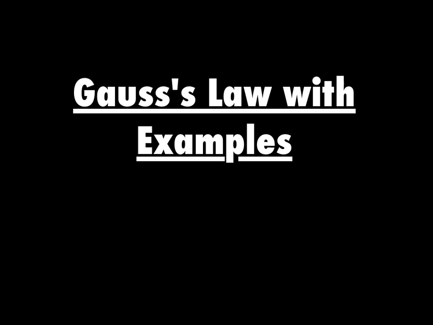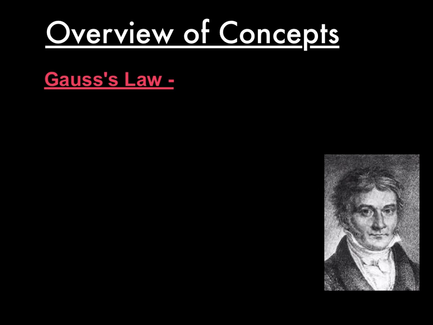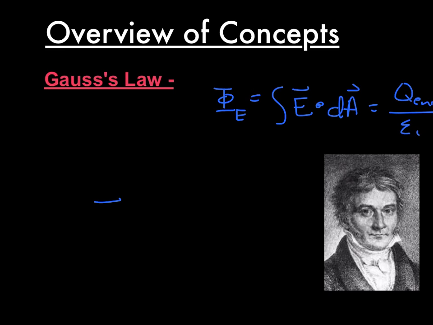We're going to discuss Gauss's law along with some examples of it. Gauss's law was discovered by this guy right here, Carl Friedrich Gauss. What Gauss's law said is that the flux, and if you'll remember, the flux phi E, which equals the electric field passing through a certain area, is proportional to the charge enclosed over epsilon naught,